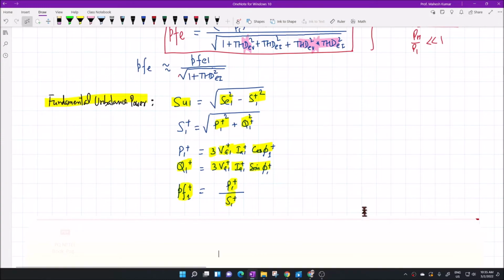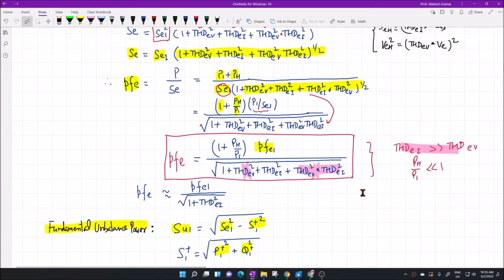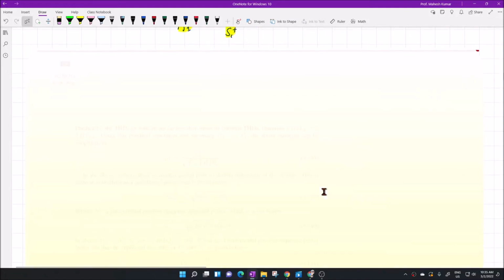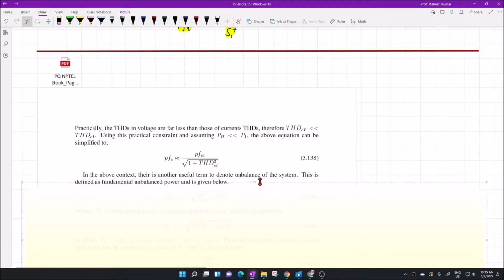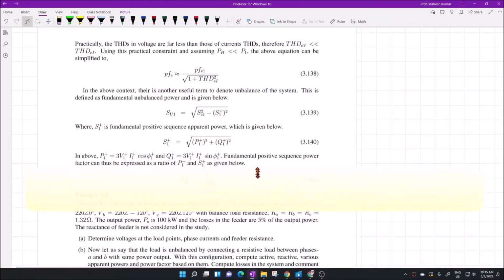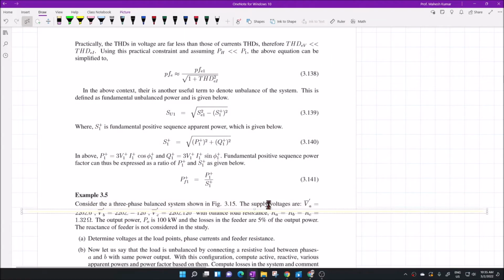Okay, so this makes the complete description of a three-phase unbalanced system with harmonics and unbalance. We have found different power expressions and various apparent powers, and based on these powers we have found the power factors. Now let us take one example and feel how this works in the three-phase unbalanced system. So we'll start with this example